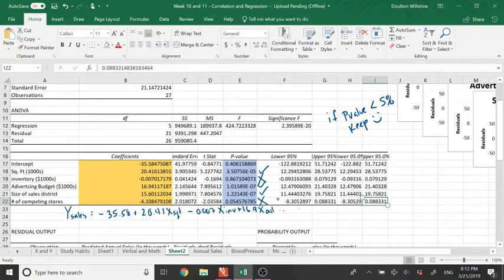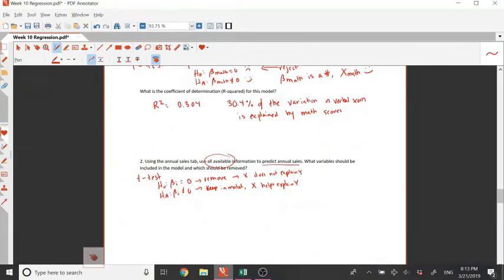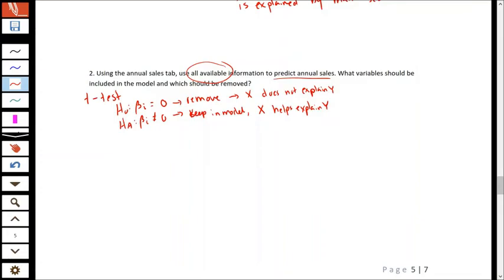But in real life, we'd probably remove inventory because that one is really bad, 86%. That we definitely want to kick it out. And then see if when we reran it, if number of competing stores became significant, if it dropped below that 5%. So when it asks us which of the models should be removed, we want to remove any variables